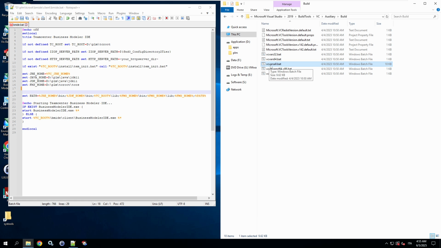Next, if you're on Windows and using Microsoft Visual Studio as your compiler, we need to call the vcvarsall.bat file to set up the compilation environment. In my case, the file is located in the Microsoft Visual Studio 2019 folder in Program Files. Add the line shown on the screen to the bmide.bat file. Save the batch again after adding this line. It's crucial to set these Java environment variables and call the vcvarsall batch file if you're using Visual Studio to ensure BMIDE runs smoothly.